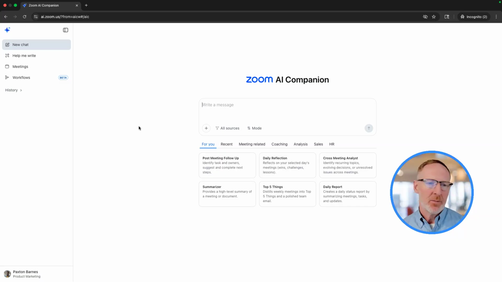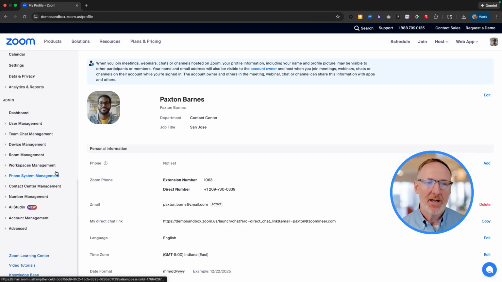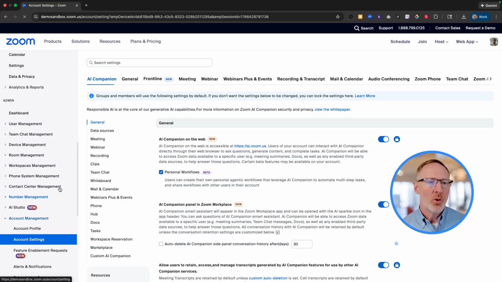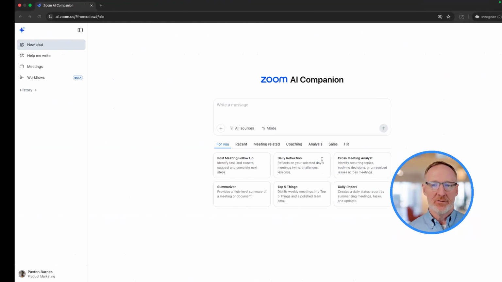If you're not able to log in, it's likely because you have to enable it first. So administrators on the account would need to go into account management, account settings, and then once you're in account settings, select AI Companion. The very first question at the top is AI Companion on the web. You can turn that setting on. You can set that at the account level. You can set it at the group level. You can even put a single user in a group and have it tied to just one person for testing